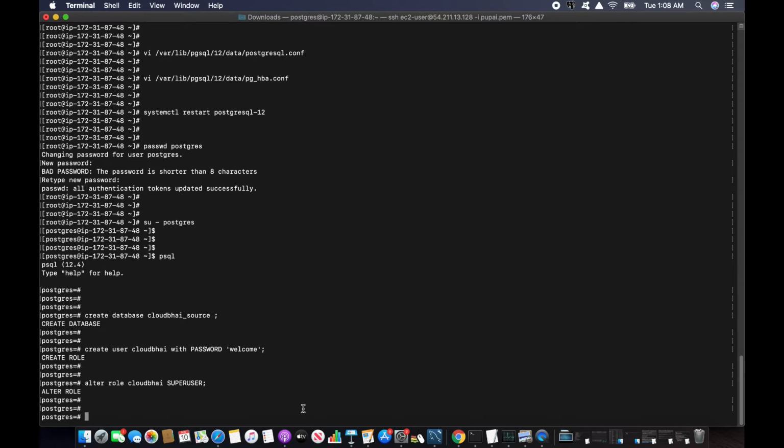So I am not going to do any kind of restoration steps. What I'll do is just take the metadata and install the metadata on my destination database, and that way I can replicate the newly created data from my source to the destination database. Okay,